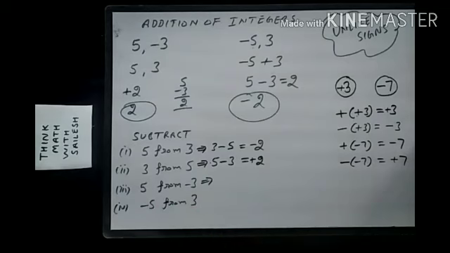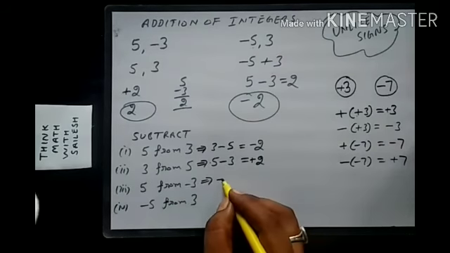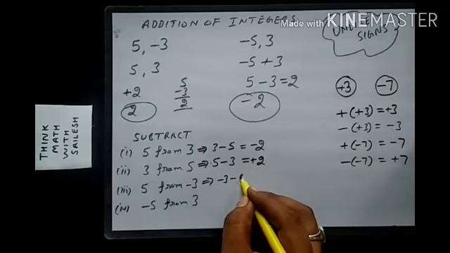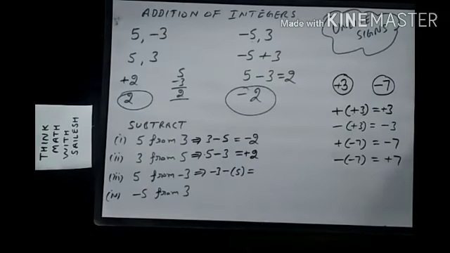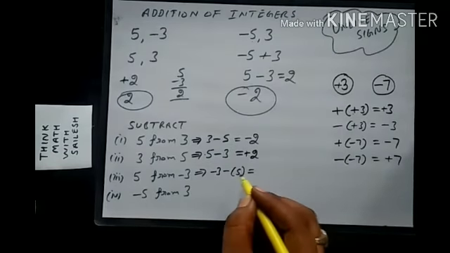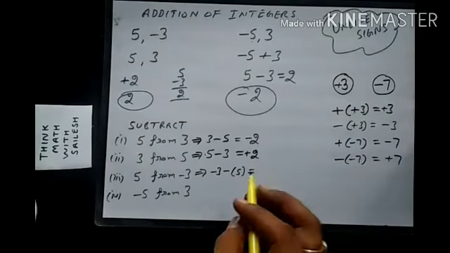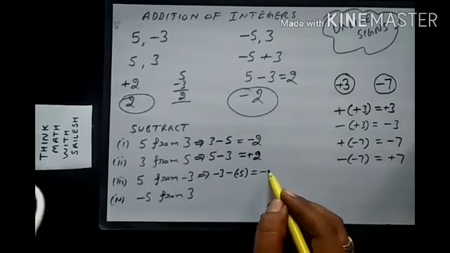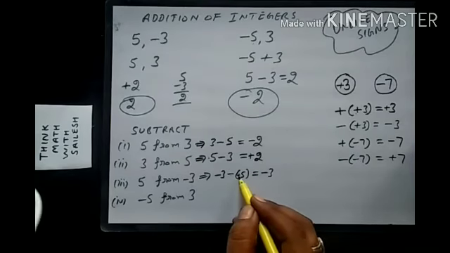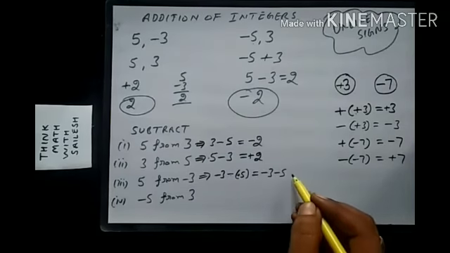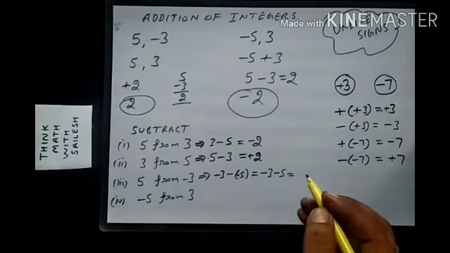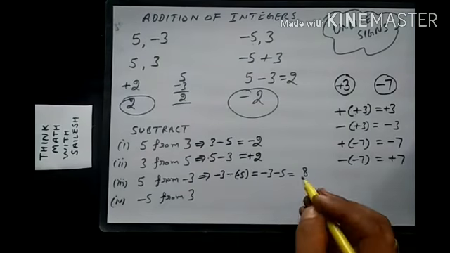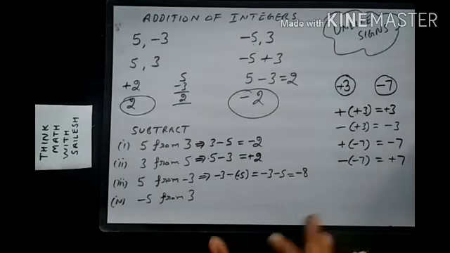Now subtraction, 5 from minus 3. So minus 3 is the minuend and 5 is the subtrahend. Here you will see the application of this rule. Minus and this is plus. Minus 3, minus and plus, that is minus. Now both symbols are the same. Therefore I will add these. The answer is 8 and I will take the common symbol, that is minus 8.